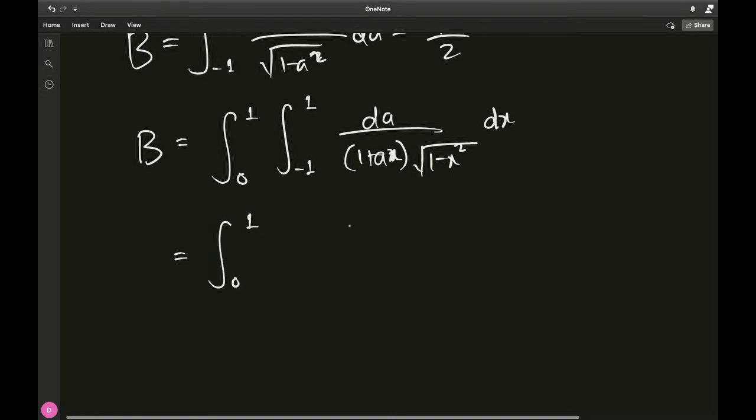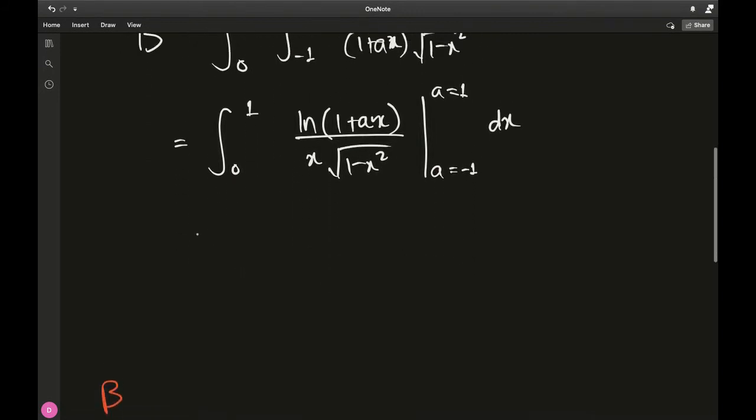Antiderivative of this is natural log of 1 plus ax divided by the constant coefficient associated with the variable of integration a, which turned out to be x, times square root of 1 minus x squared. But you still have to evaluate this from a equals -1 to a equals 1